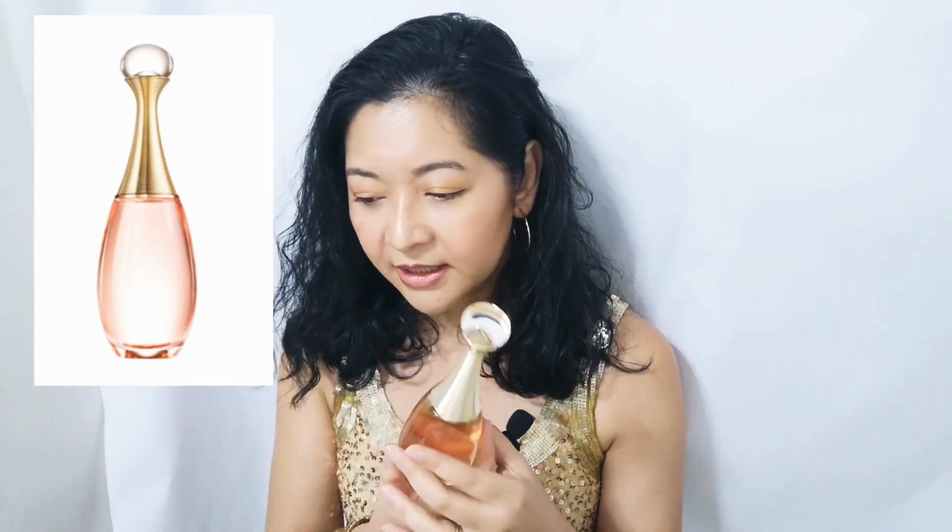This is all about rose, very light rose, magnolia, and citrus. So overall very nice. It can be described as soapy as well, which I like. I have no problem with soapiness in perfume. Sometimes I find it quite comforting because it makes it easy to wear. So yeah, this is the J'adore Lumiere 2016, which is also the same as J'adore EDT, which you find